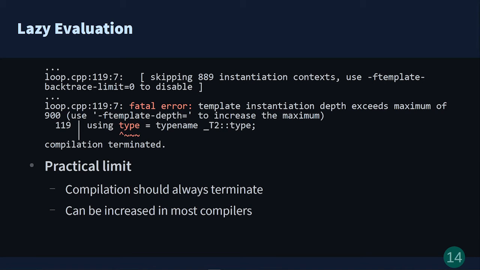You can see that GCC is complaining about reaching some sort of template instantiation depth limit. Instantiation of a template can lead to instantiations of more templates, and to prevent the compilation from hanging, C++ compilers place a practical limit on the depth of these nested instantiations. You obviously don't want your compiler to hang when given some malicious code. However, some valid metaprograms might hit this limit, and for that reason, most C++ compilers allow you to change this limit. In this particular example, we can see that GCC suggests using the flag -ftemplate-depth to increase the limit.